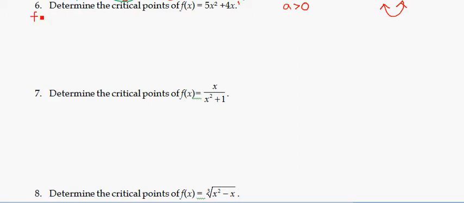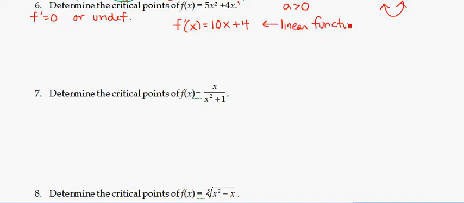So I'm looking for places where the derivative is 0 or undefined. Okay, so I actually, of course, have to start by finding the derivative. So this is going to be using our skills from the first unit. So we have 10x plus 4. Now, my derivative here, this is a linear function, right? This is in y equals mx plus b form. And so I know what that looks like, and I know that that is